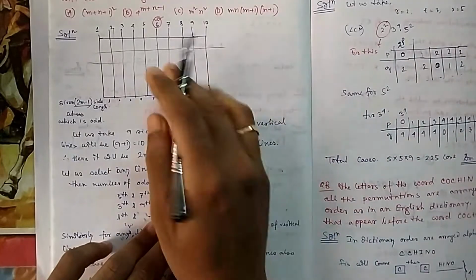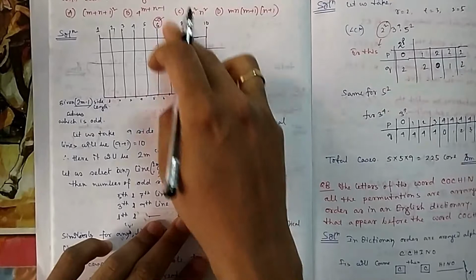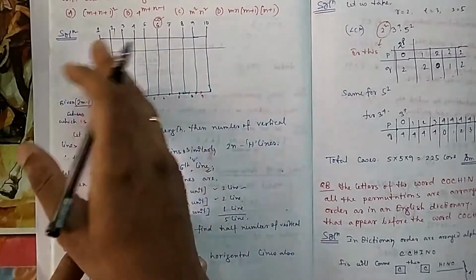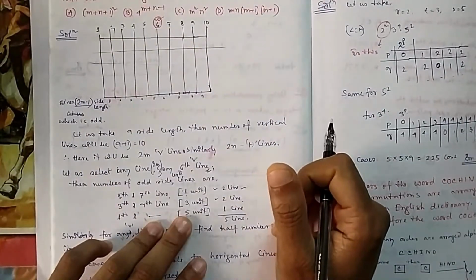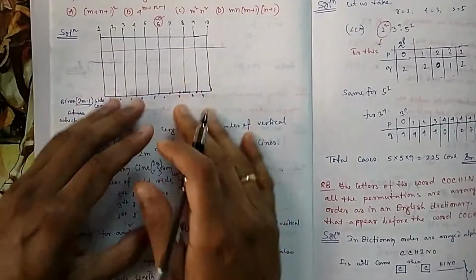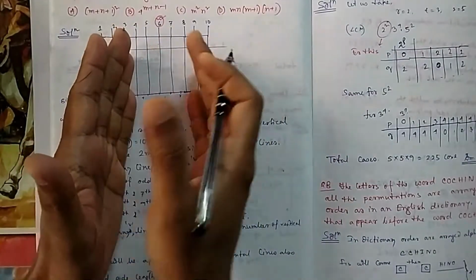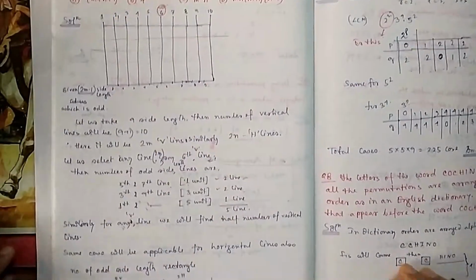After 3 it is 5 units. So for 5 units, this side you will not find one, but this side you will find one. So you choose any line, and you will see that correspondingly you will find 5 such lines. So 5 lines, and 5 is half of that 10. There are 10 lines. So you choose any line, you will get half the number of lines available for you to choose, so that the length becomes odd.